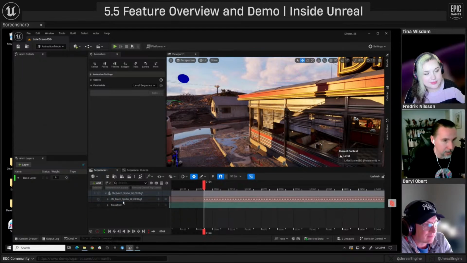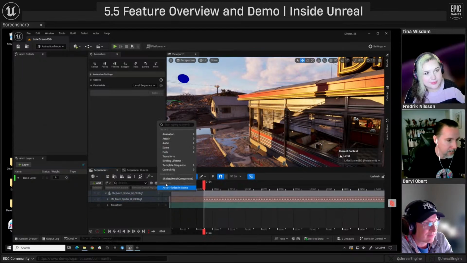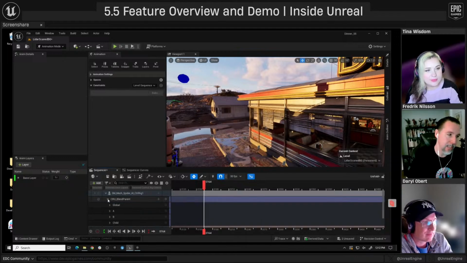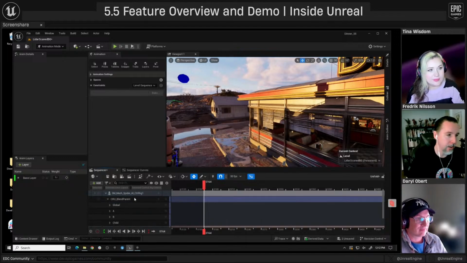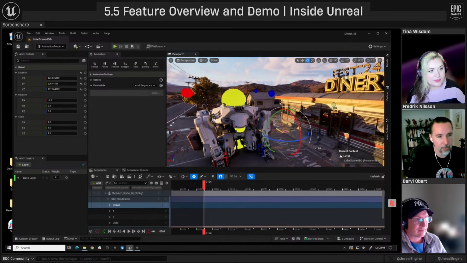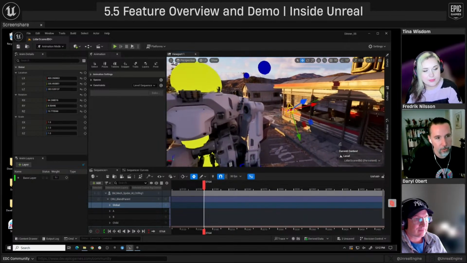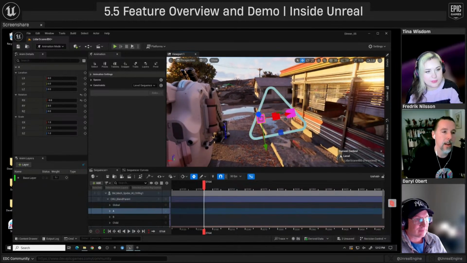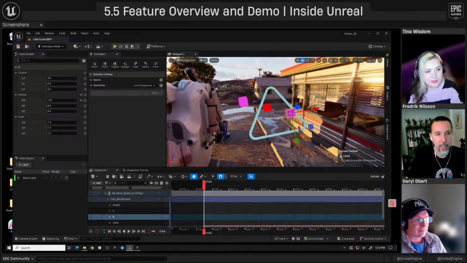The other one we added, so I'm going to delete that one, don't need it, is the blend parent. So again, we made this in a control rig because we know that this is functionality you sometimes need. So this one is also just a simple little rig that you can just use. If I zoom into this one, it just has 3 nodes on it. If I move this guy, you'll see that node in the middle is a percentage of both. So it's parented to both this and this.